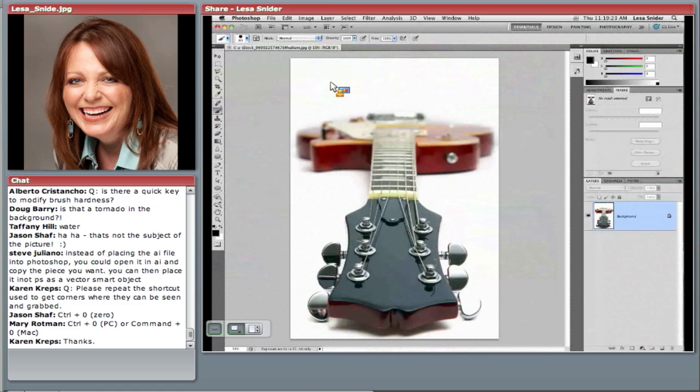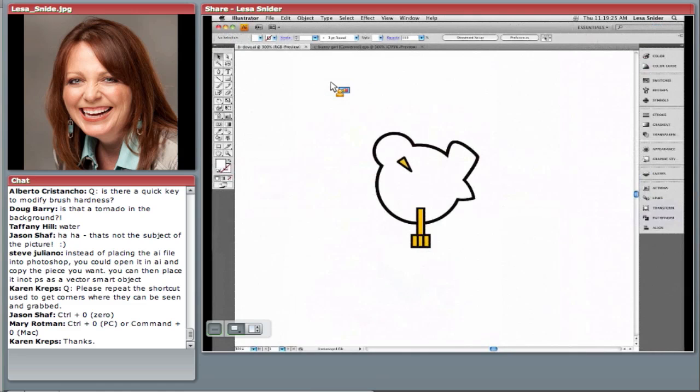So let's say we want to add a cute embellishment to this guitar photo, and maybe I've already got the file open in Illustrator. Let's say I want to add this dove to the guitar and make kind of a modern-day Woodstock looking poster. Well, you don't have to go through the File Place procedure in Photoshop. You can simply select the item in Illustrator, and I've just pressed Command-A to select all or Control-A on a